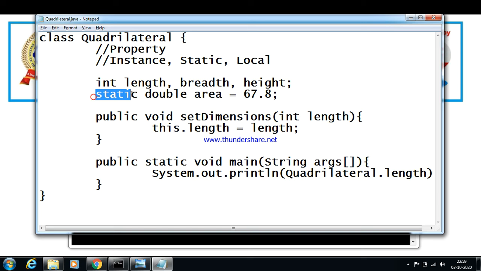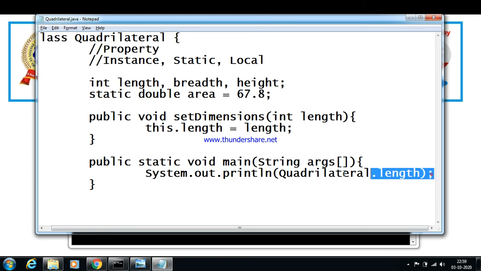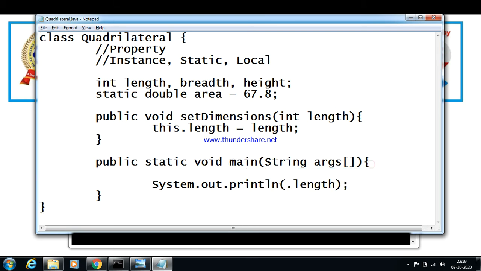Static is a kind of property which can be accessed directly by a class without creating any object. Another important concept of static is, when I think about memory, static will create a unique memory block, unlike an instance property. It is used by multiple classes. For example, if I say Quadrilateral dot length, or if I create an object, Quadrilateral q equals new